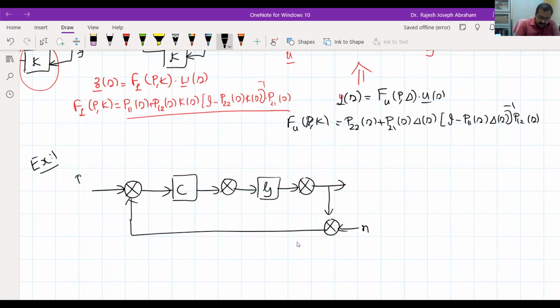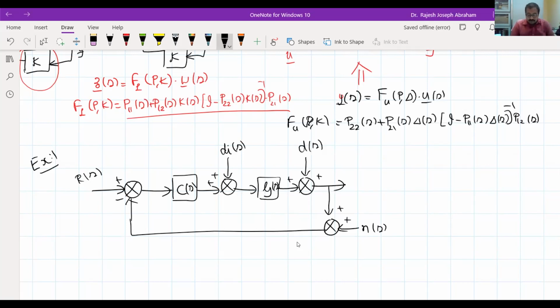Okay, so R(s) is the reference input, C is the controller, and this is the negative feedback. Then there is an input disturbance to the plant, Di(s). C means C(s), it is understood, and G means G(s). Again, that's an output disturbance at the plant, so let me call that D(s). And this is N(s). Both are at positive polarity.